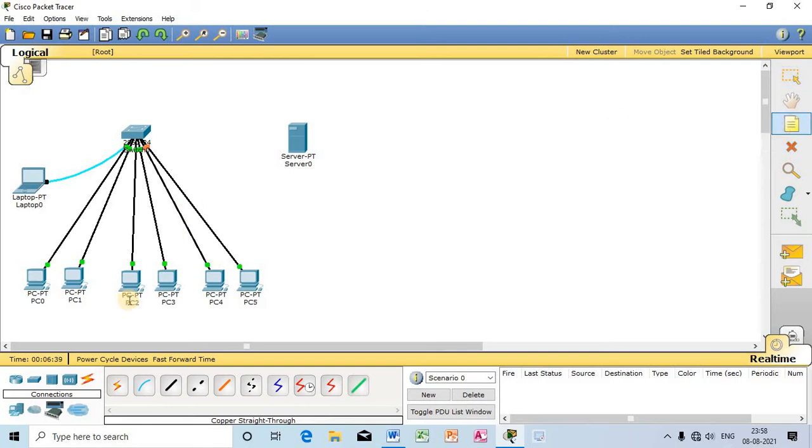place note to write down the ports where I have connected. So here I have connected FA 01, okay. This is the port which I have used to connect this particular computer. This is 02.